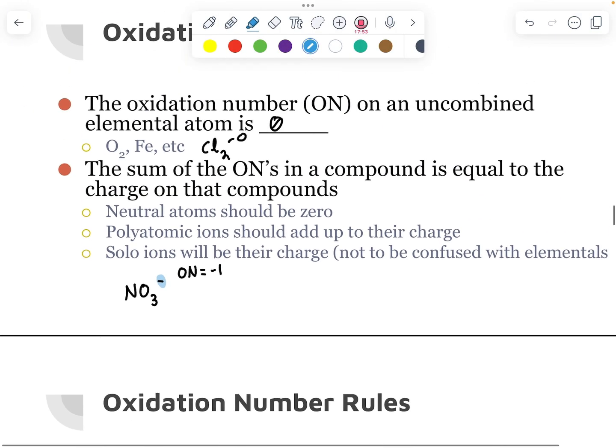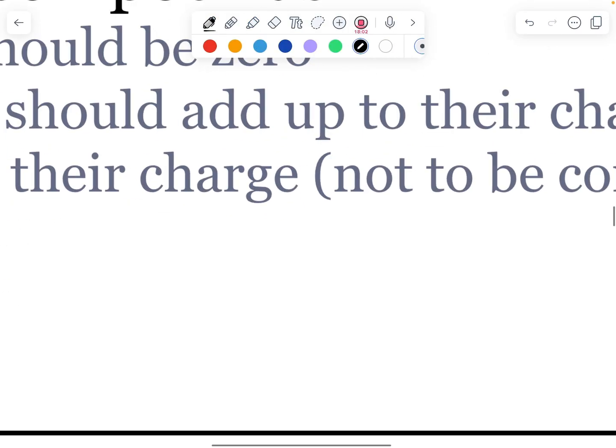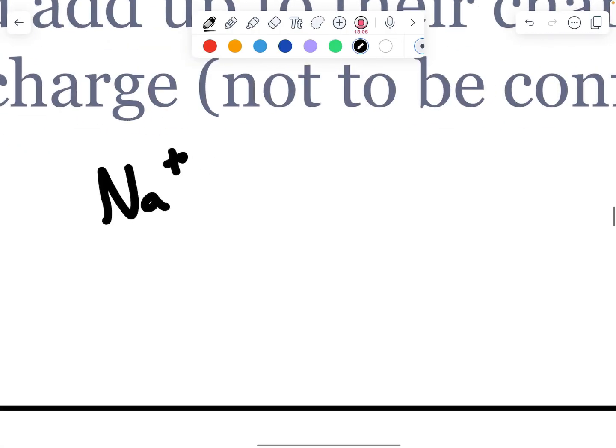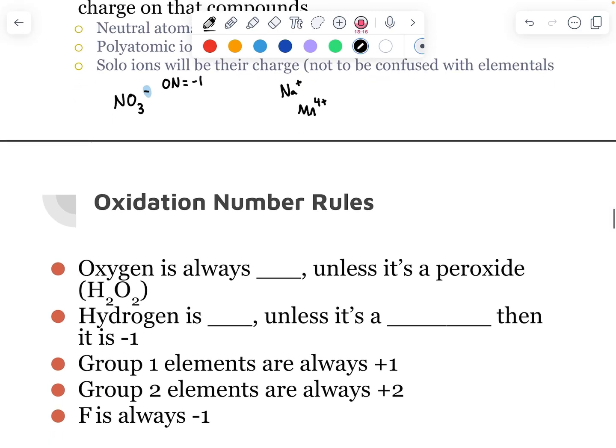And then our polyatomic ions like nitrate should add up to their charge, and then solo ions will be their charge. So that's like Na positive or manganese 4 positive. Essentially, that's what that means, solo ions. So we have a few rules to use, and then the rest of our oxidation numbers can be found using